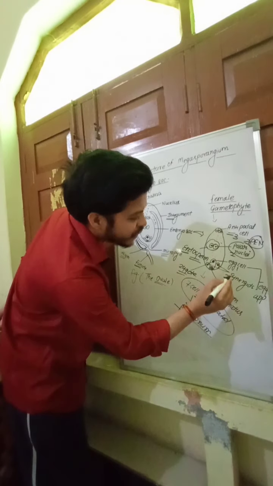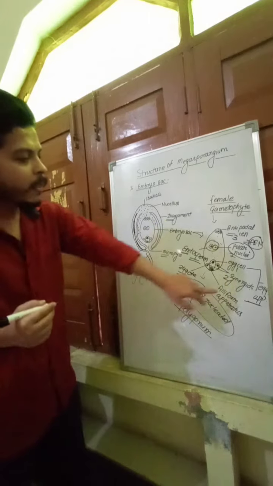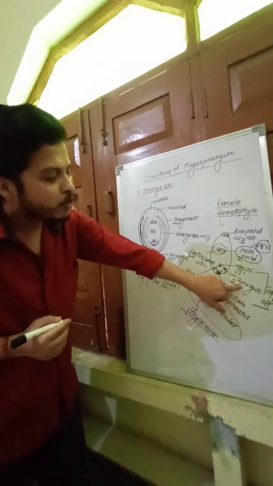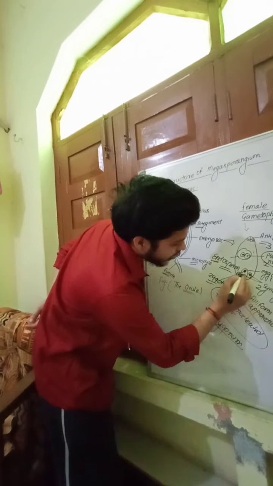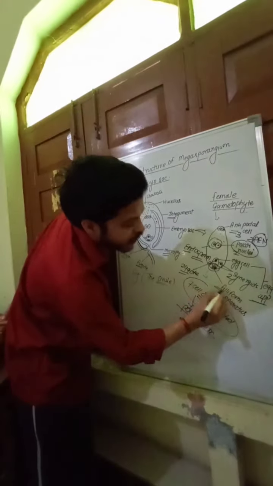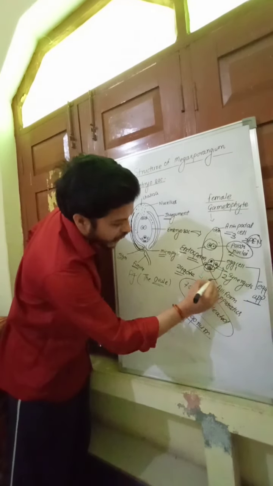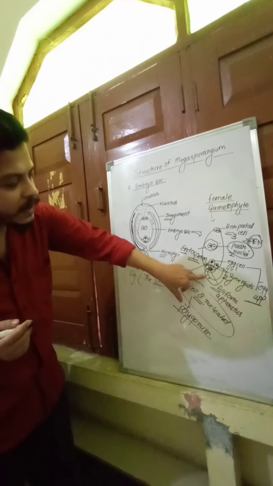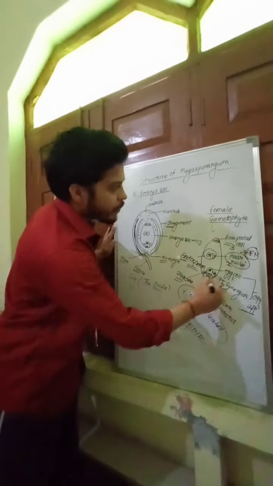The egg cell and synergids are commonly called the egg apparatus. If there is a question, what is egg apparatus? You write that 1 egg cell and 2 synergids form the egg apparatus. Then another word, filiform apparatus. What is its function? The filiform apparatus guides the entry of the pollen tube into the egg cell. So that is all about embryocyte.